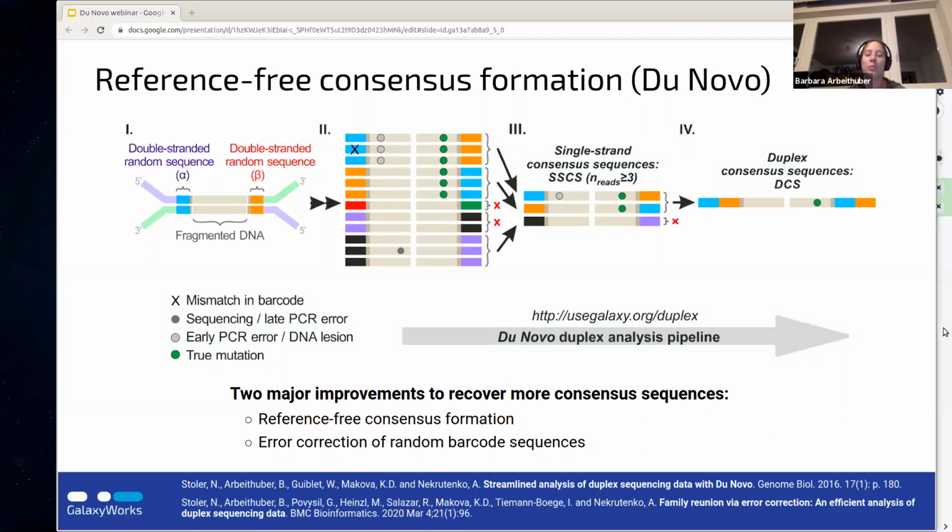And so here you prepare the libraries as described before, but when forming the consensus sequences, before mapping them to a reference sequence, you first form the consensus sequences and only then map them to the reference sequence. This has the advantage, as mentioned before, that you recover more sequencing reads, because